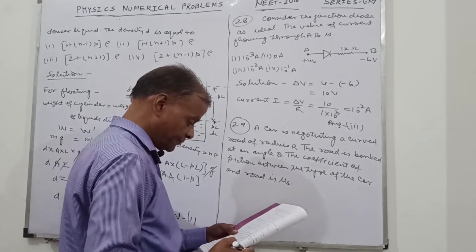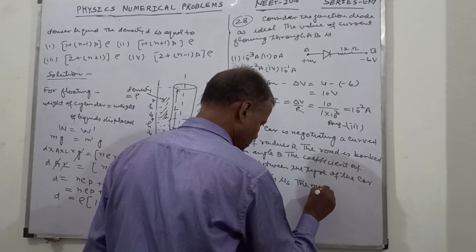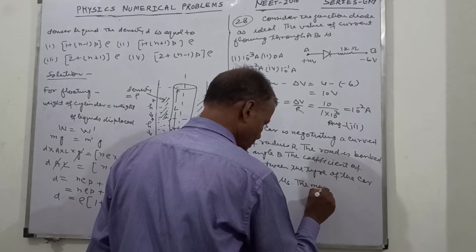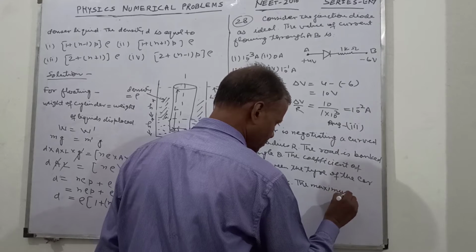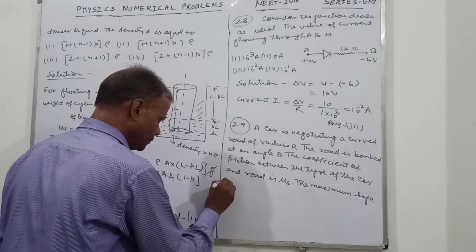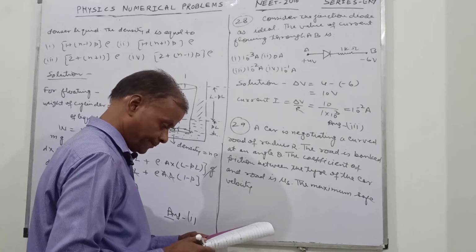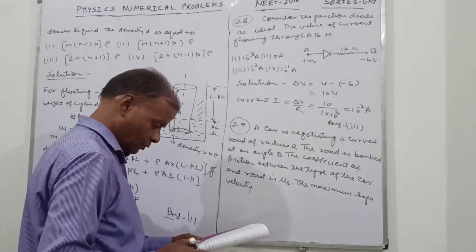The maximum safe velocity on this road is,